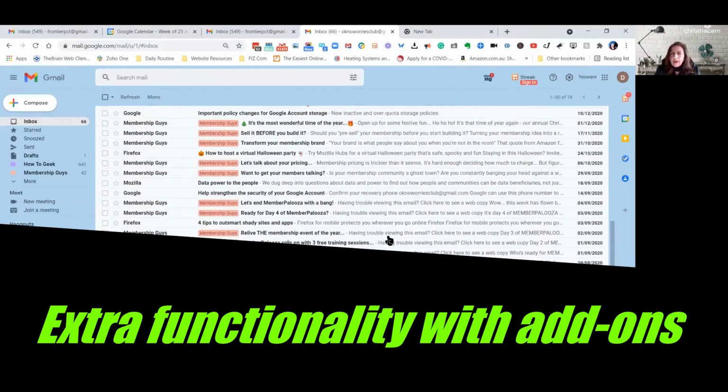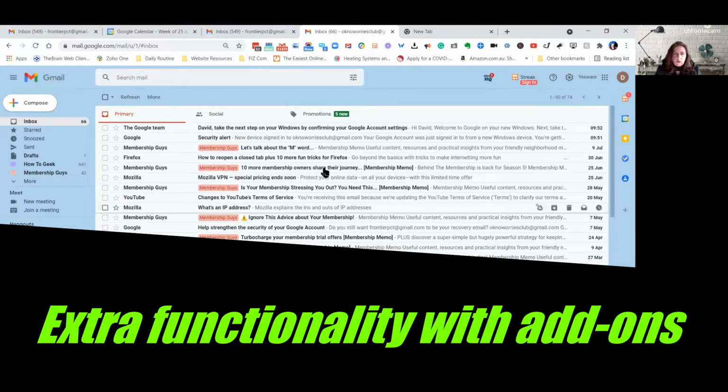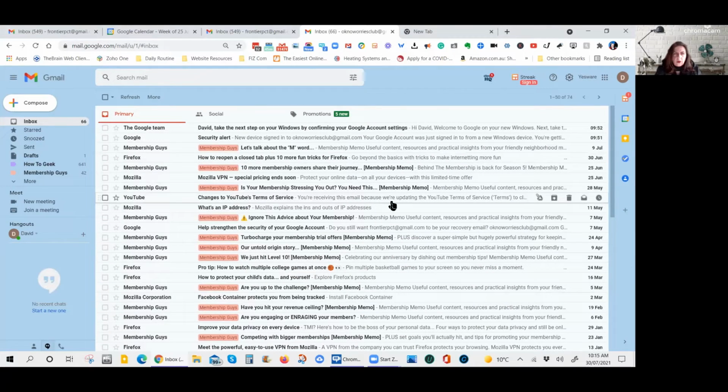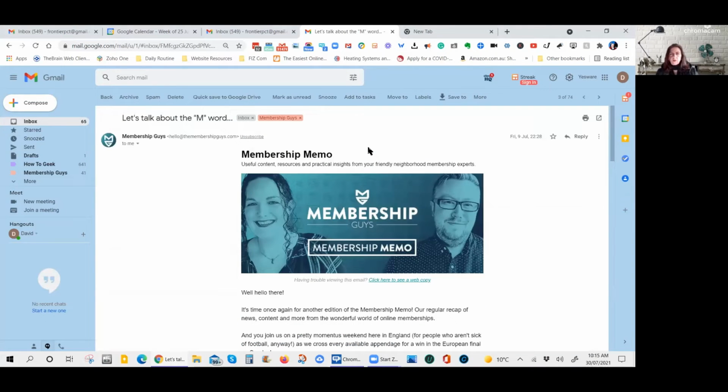If you use Outlook as your email program, you might think, well, is this a bit like Outlook? Well, let's have a look at an email and we'll find out. I have subscribed to a couple of email services, and you can see one here is called the Membership Guys. So when we have a look at an email from the Membership Guys,